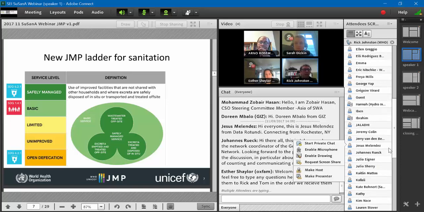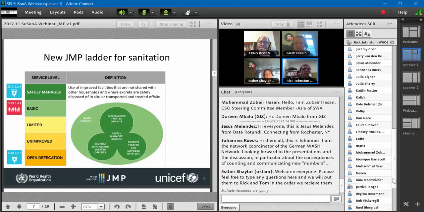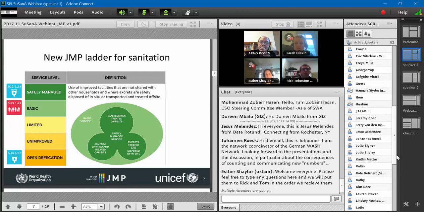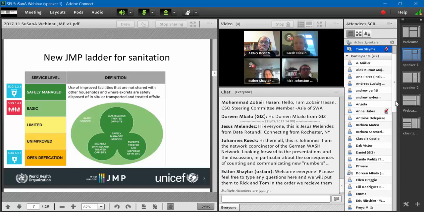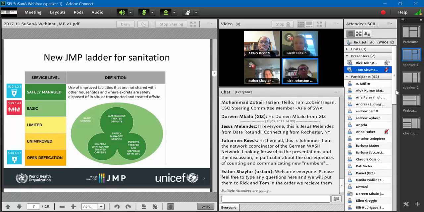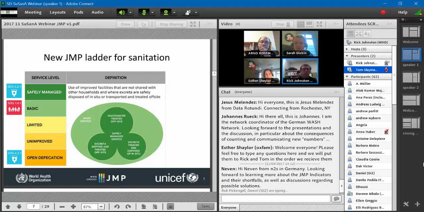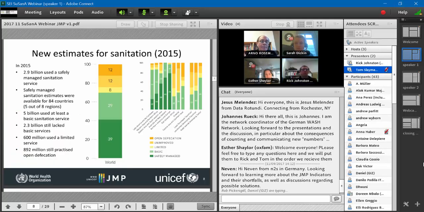And we'll go through all of these rungs in a bit more detail and the different ways that wastes can be counted as safely managed, but this diagram kind of summarizes that safely managed services, really there are 3 pathways into that. There's having wastewater that's treated off-site through sewers and delivery to a treatment plant, or there's on-site sanitation systems where the excreta are either emptied and treated off-site also, or never emptied, and that counts as treated and disposed of in situ. So we'll come back to those, but let's first start with some of the highlight numbers